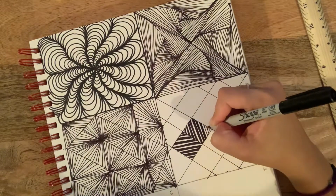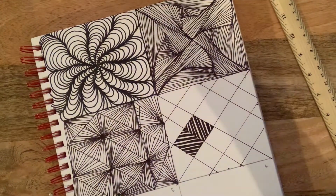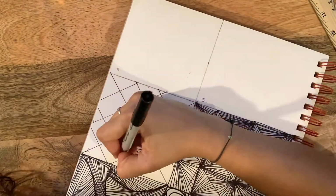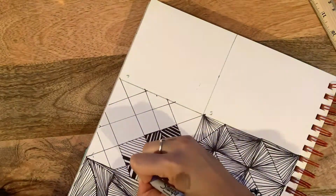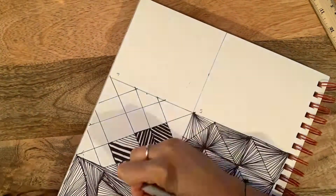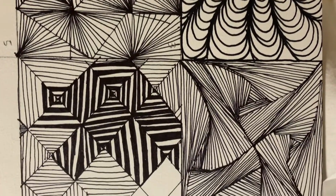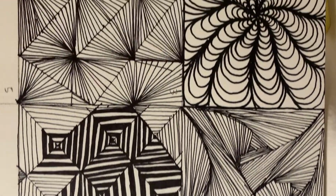As you can see, where the white line ends and touches the next square is where a black one begins. So it gives this cool optical illusion. Okay, this is a time lapse of me getting most of my stripes done. And this is what the Zentangles look like. The one on the lower left, as you can see, I have not finished filling in, but I just wanted to